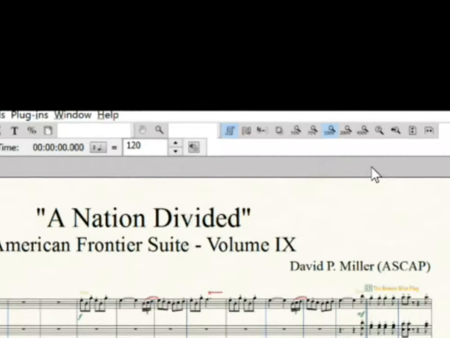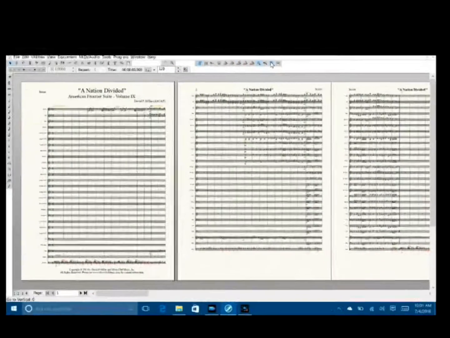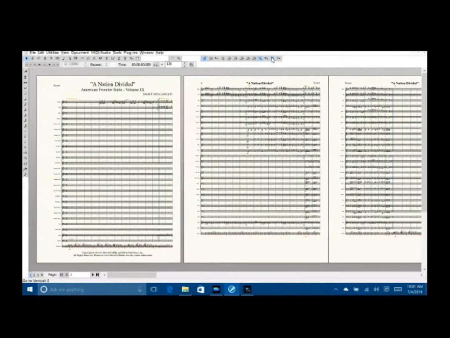Now you'll notice one of the items on this zoom palette shows a page with a top and bottom arrow. If we click on that, it says fit in the window. Basically that means vertically fit in the window. I do that, and you notice now I can see all of the page from the top to the bottom. This is important because I want to see how the page of music fits on the page of paper. You'll notice the first page fits fairly well.